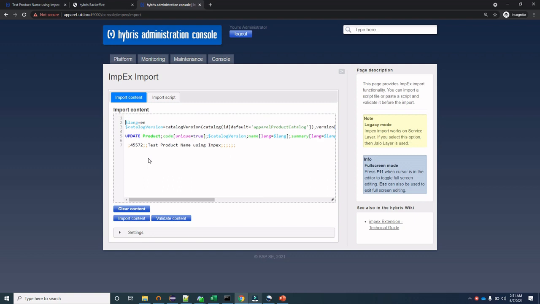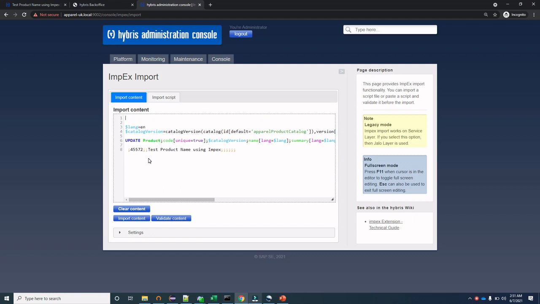So suppose you are sending this impex to some third party or any other person, then you can simply put a comment on top of this impex, before the start, saying what this impex does, such as: this impex is updating the name of the product. Such information you can put using comments in the impex, so that whoever is going through that impex will understand why we have written it.